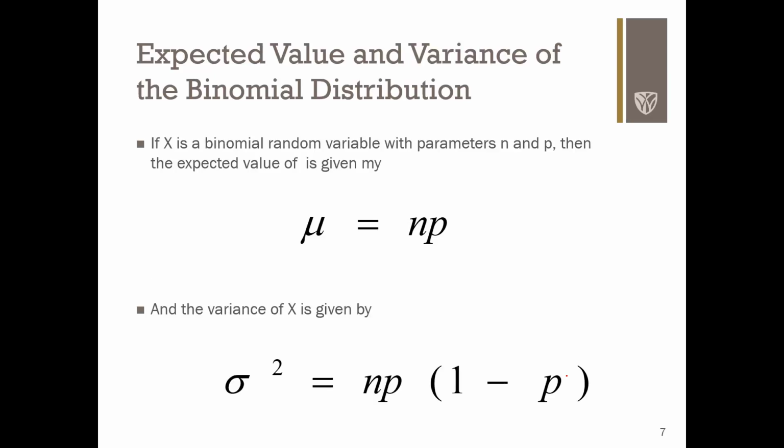For completeness, we want to define the expected value, or the long run expectation. So how many successes would we expect in the long run if we were to execute this trial over and over again? What would be the expected number of successes? We use the notation mu to represent the expected value, or the mean, of this random variable, and it turns out that the expected number of successes is just the total number of trials times the probability of a success, which makes sense. And we could also define the variance, and the variance again is defined purely in terms of n and p. The variance we represent as sigma squared, and that is just n times p times 1 minus p.